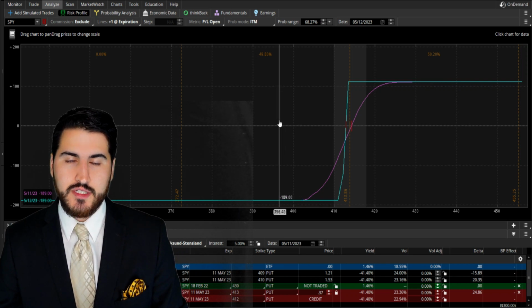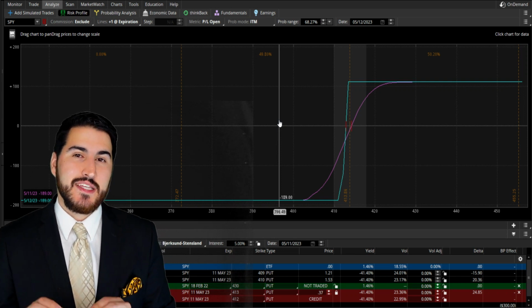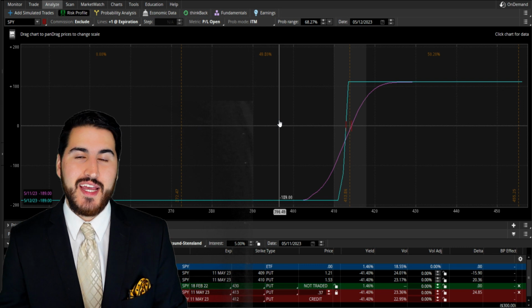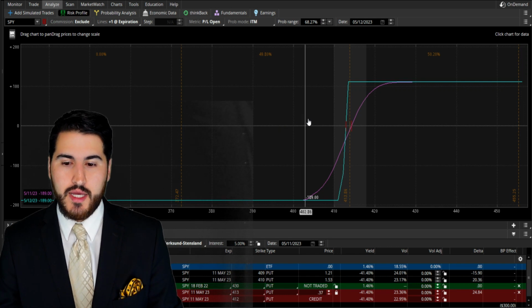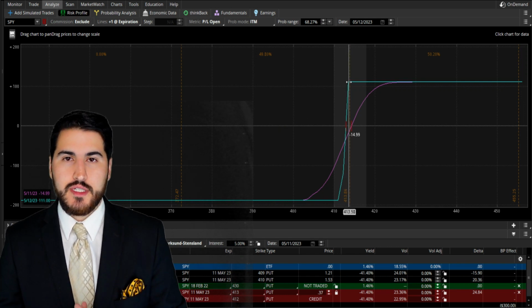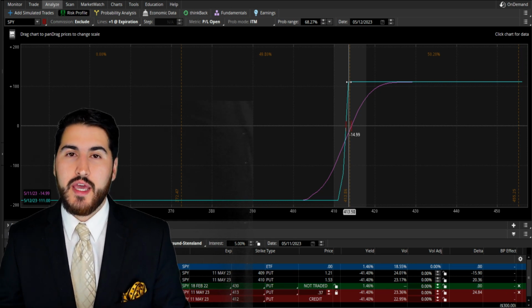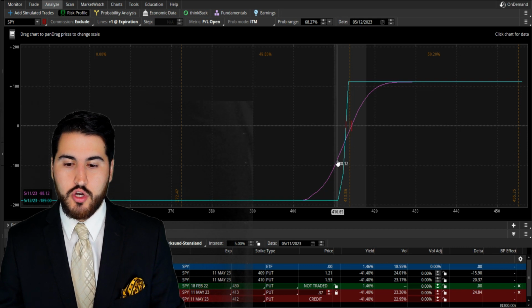And our max loss here is $189, which is $63 times 3 contracts. That's the max we can lose on this position. So our risk to reward is well defined by this P&L. And as you can see here, we are going to receive our total credit if we are above $413, and our max loss occurs at